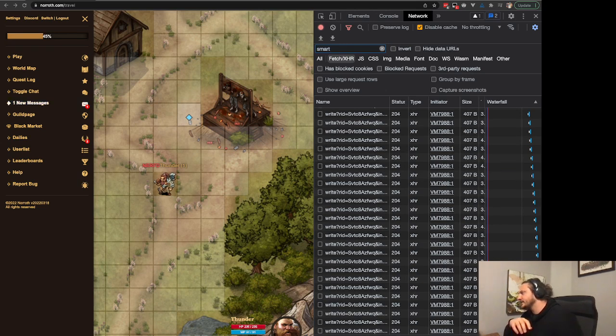And today I noticed that the game had a new source of network traffic, or a new destination of network traffic that I hadn't noticed a couple days ago.